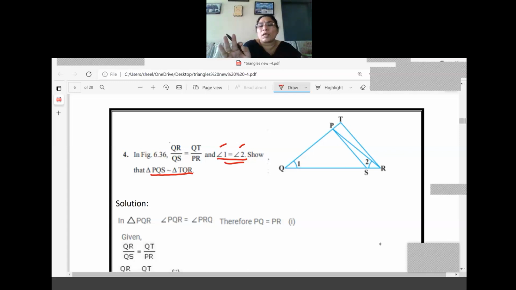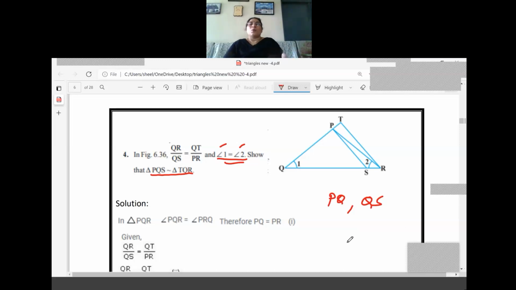One angle we got. Now angle 1, if you consider, what are the sides we are getting for the triangle PQS? PQ and QS, right? Now similarly, when you go for angle 2, what are the sides we are getting? QR and TR are coming. Right? So that is the case here. Now if you go for this one, QR and QS, QT and PR, no PS is coming, PQ is coming there, isn't it? Angle 1, if you are taking the included angle, means PQ should come, right?